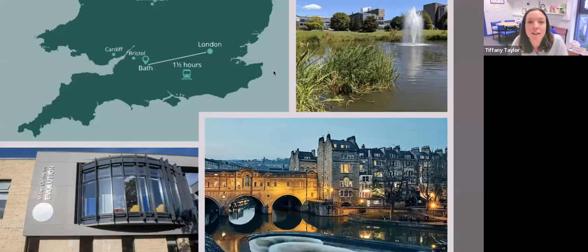So as you've heard, I'm currently a senior research fellow at the University of Bath. For those of you who don't know, Bath is in the southwest of England. It's not too far away from London, and it's the gateway to the beautiful southwest coastal path all around here. As a city itself, it's also rather beautiful, and the University of Bath is home to the Milner Centre for Evolution, which is great because it